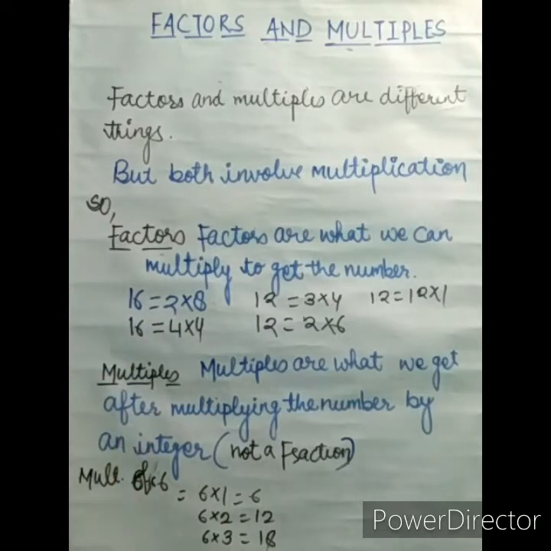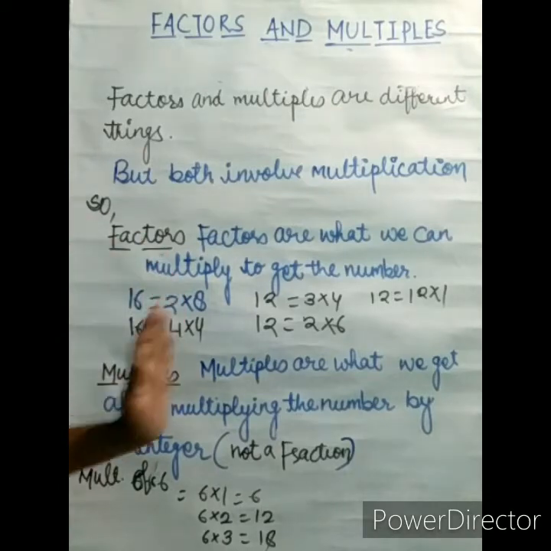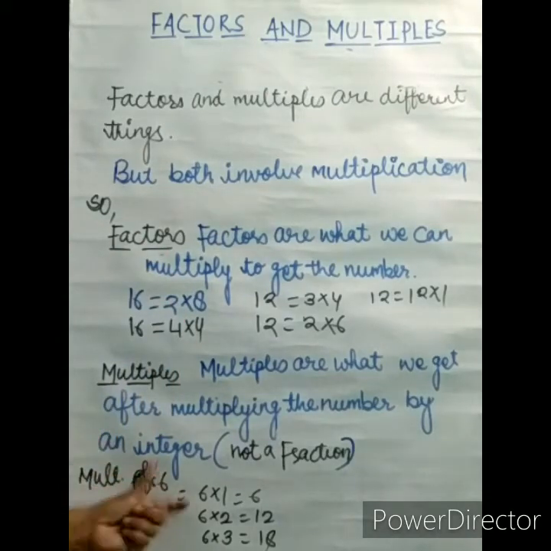In a simple way, if you are going to find a multiple of any number, you can write its table. Correct. Table not up to 10, but up to 1000. 6 1 6, 6 2 12, then 6 10 60, 6 11 66. These are all the products, all the multiples. These are all called the multiples of 6.